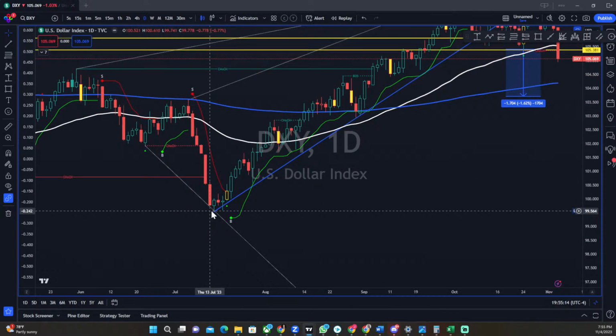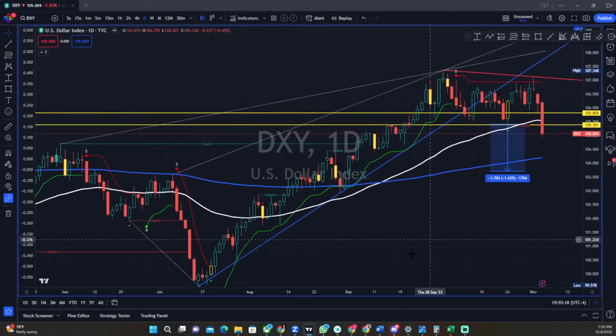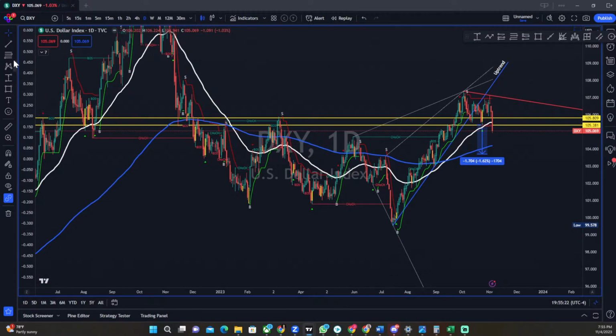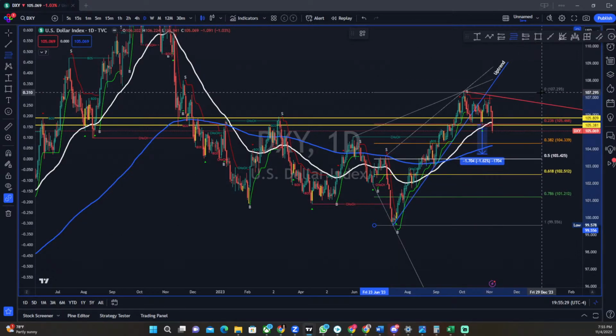We're not going to go this far where we went parabolic in July. But I do think this is a nice little healthy pullback, so that way they can go ahead and get new highs and let the market drop. So this Santa rally is probably in its place properly. So that way we can get a 618 bounce somewhere around 102.